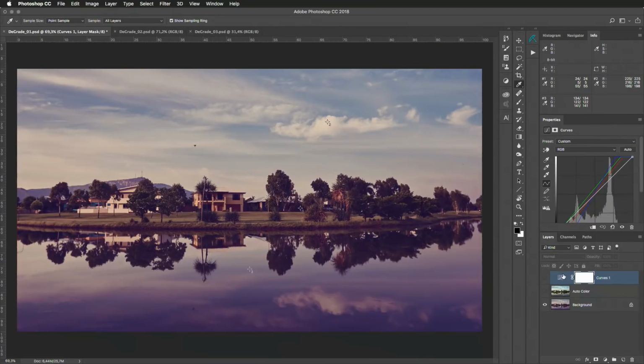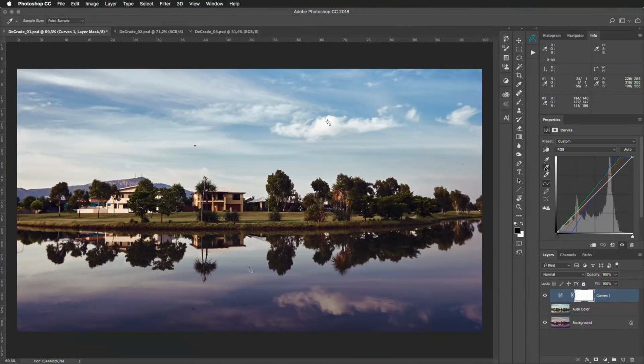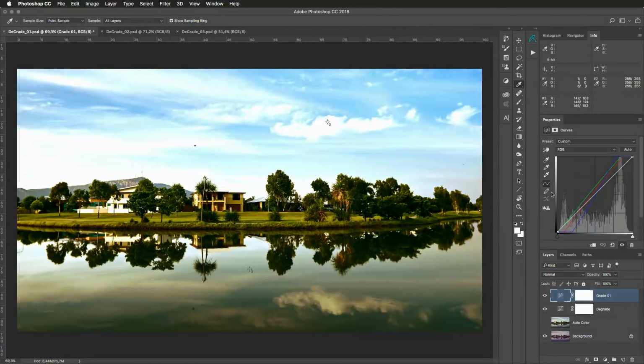And we can activate our curve again, and we can now try to put the neutral point where we just measured it to be. And so by doing so, we degraded the image as well. And now the thing we need to do to make this applicable to a new image is to invert that curve. And therefore, I will call this one degrade. I will copy that grade, and I will now start inverting the curve,